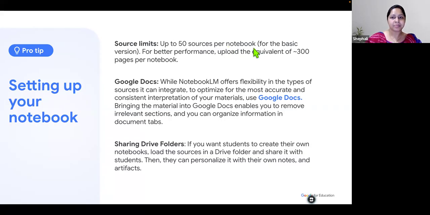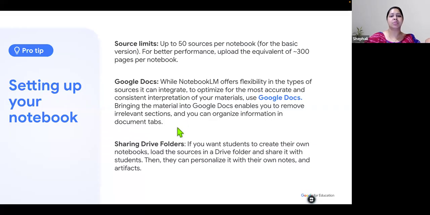For better performance, you can add any PDF that has a maximum of 300 pages, not more than that, right? So any PDF that you are adding should be less than 300 pages, and you can add up to 50 sources. Now, while NotebookLM offers flexibility in the types of source it can integrate,